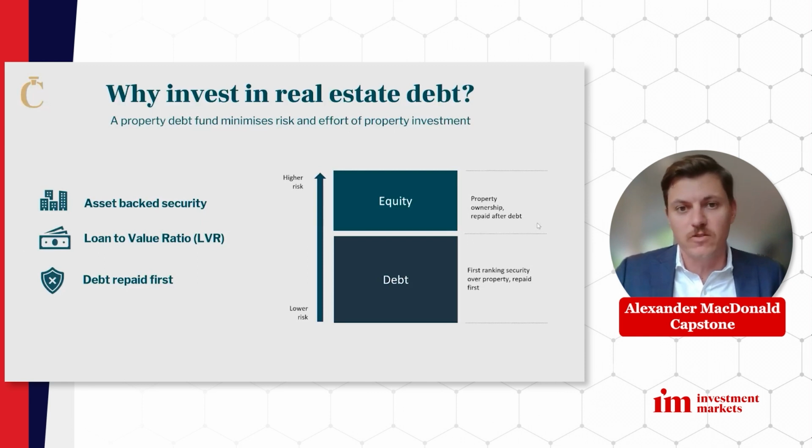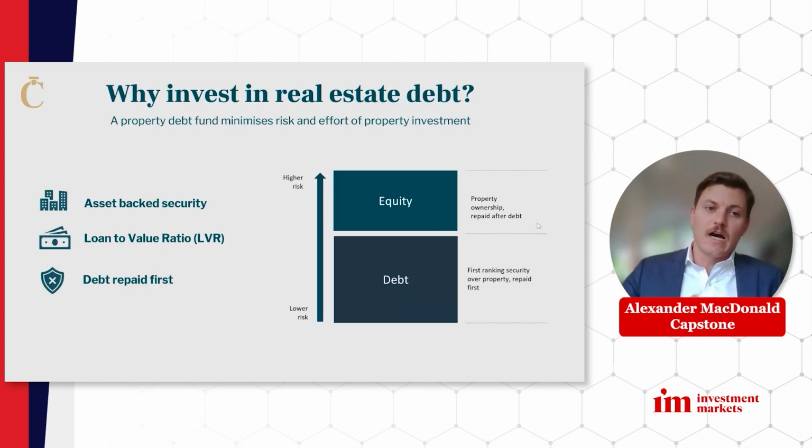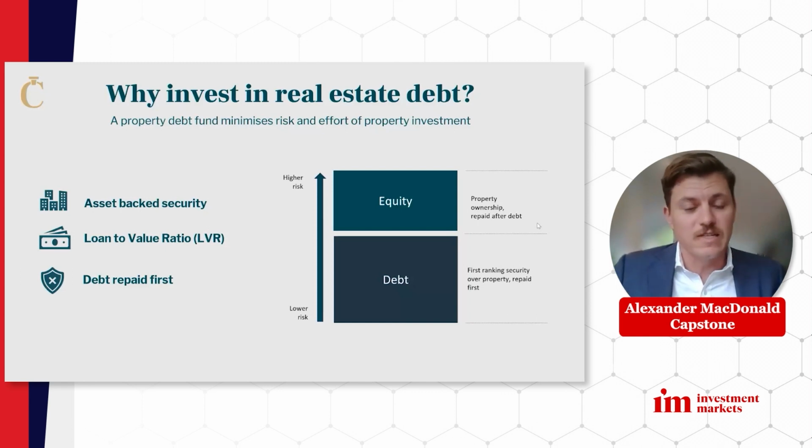That's another key feature of debt funds. Our fund currently has a 60% loan to value ratio, which is relatively conservative. It means that for every $60 that we have lent out, we have $100 worth of property that underlies that as security. Another feature of debt funds is that we're repaid first. In the capital stack, debt gets repaid first when there is a sale event or any other event like a refinance. And that brings us to this diagram, where both the debt and equity might be considered.